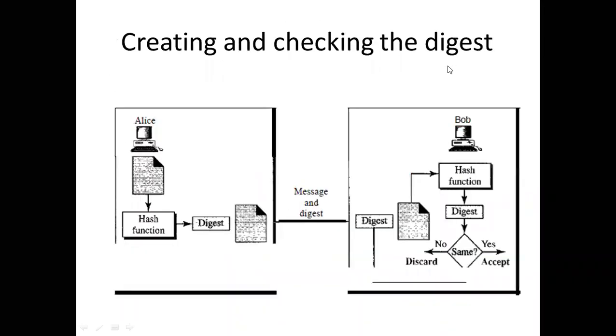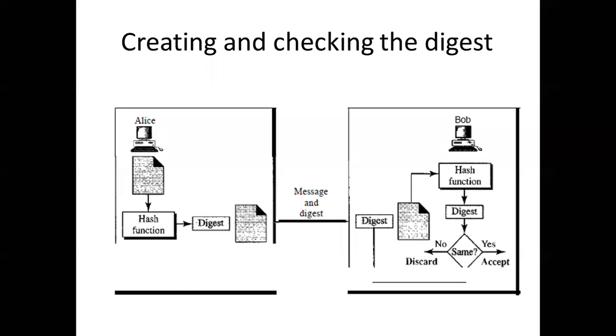Okay, see how we are going to create a digest and how we are going to check the digest. So now you must have a look at this diagram and understand Alice is the sender and Bob is the receiver. We want to see to it that whatever Alice has sent, exactly the same message is received by Bob. Nobody in the middle should be able to access that message and change it. For example, suppose you are trying to send an email to your boss saying that you want to take a leave of 2 days, and somebody who's your enemy in the office hacks your message, and instead of 2 days he makes it 10 days. So the original message, its content has been lost.